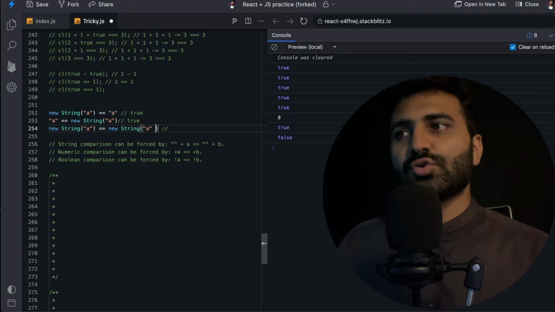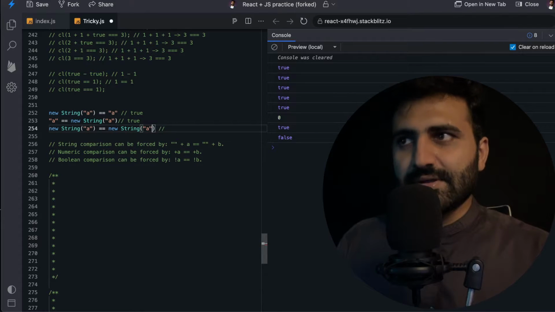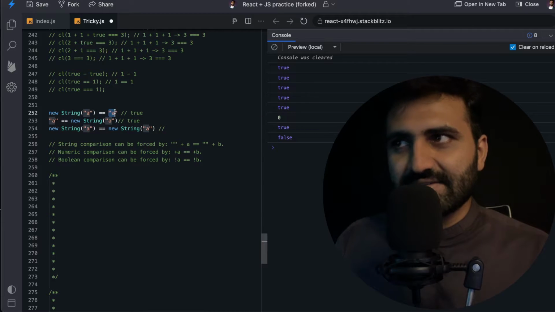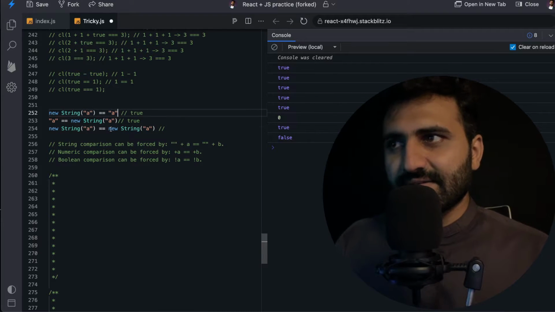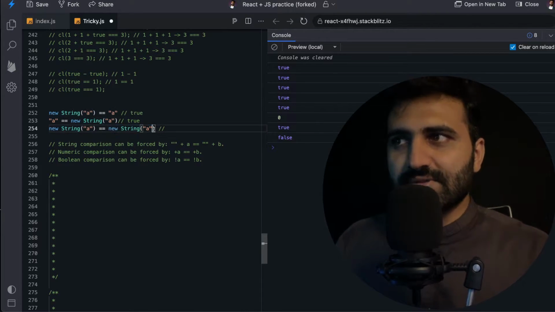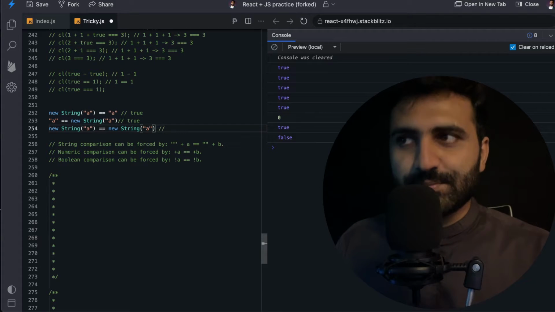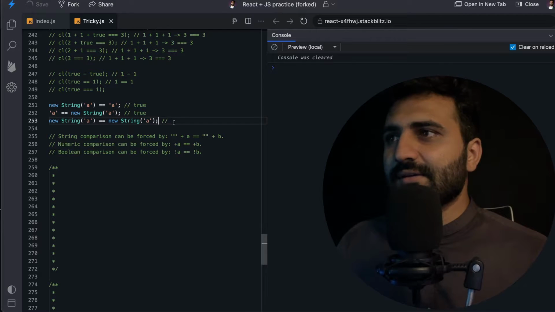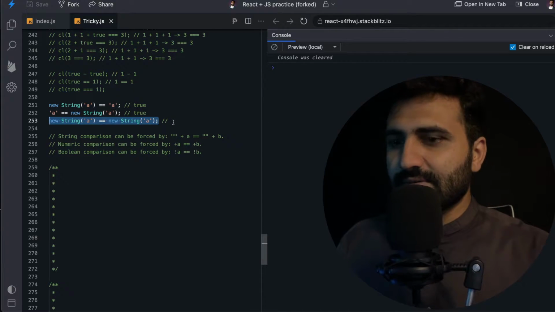Now here these two are objects. These two are not string literals. We call this a string literal and this a string object. So these two are string objects, and if I console this thing,